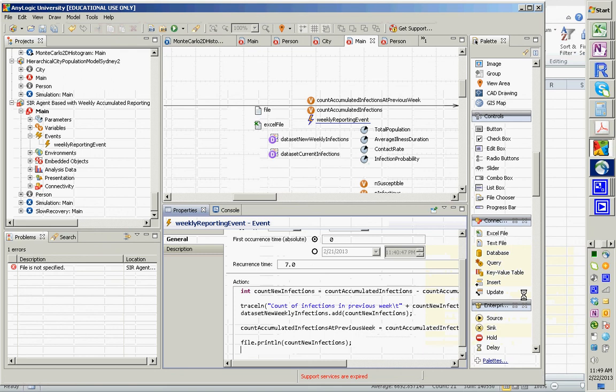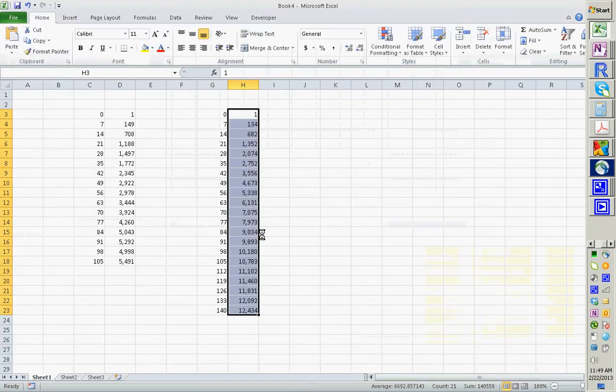Alternatively, you can create text files of the sort we've seen, either through the built-in text file interface or through this custom code I gave you as part of this presentation. And you can use that to output a text file, which could then be read by Excel. Okay, so those are some comments on